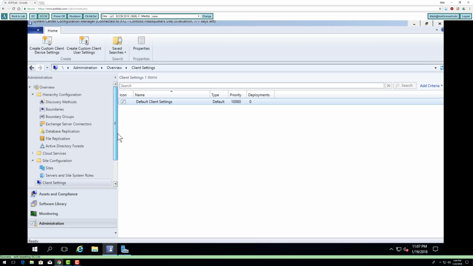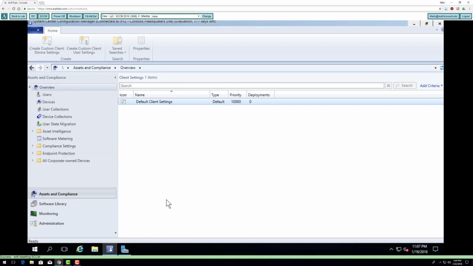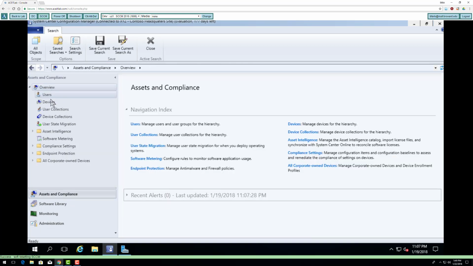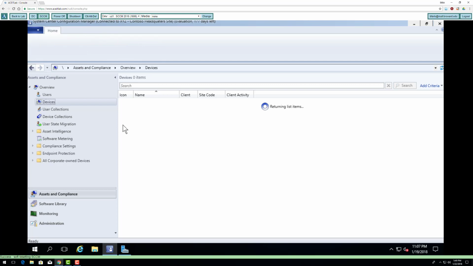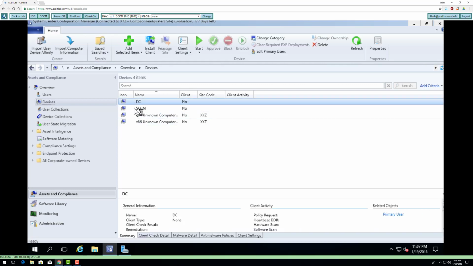So while I've been talking, hopefully it discovered all my computers in my network. So I'm going to go to Asset and Compliance. I'm going to go to Devices. And it discovered 2 devices so far. And right now, I only have 2 in my network, the SCCM machine and the DC. So I'm going to right-click,